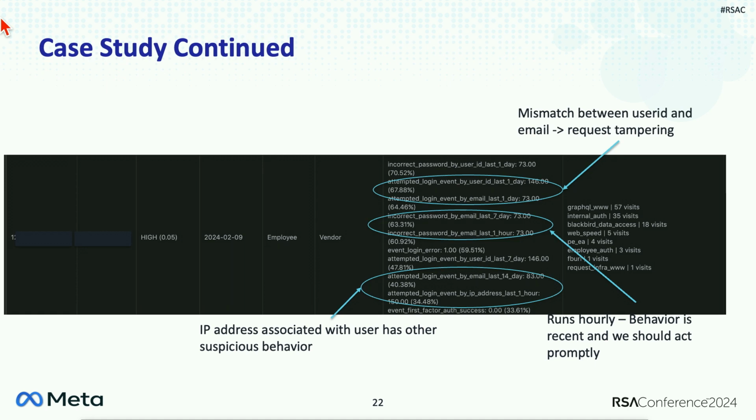And so again, in this particular case, assuming that you are training and testing your model as expected, you'll want to make sure that you are hitting multiple TTPs and not just one or two in particular. But in this case, we're seeing multiple TTPs as well. So we're seeing this IP address is associated with a bunch of other suspicious behavior by calls. And then we're seeing a mismatch in our user ID and email address-based features, which could indicate some sort of request tampering.